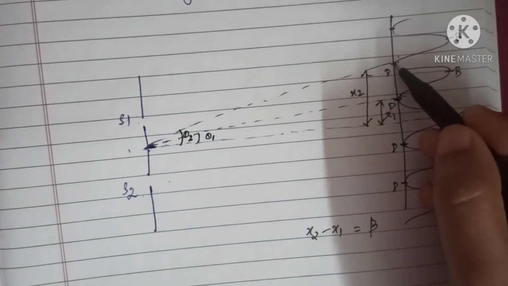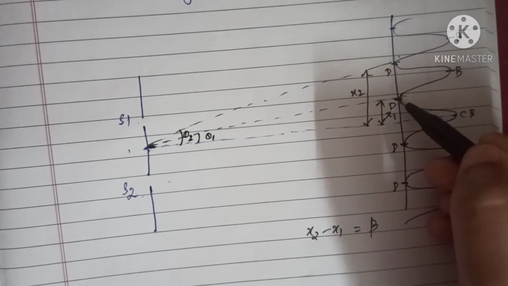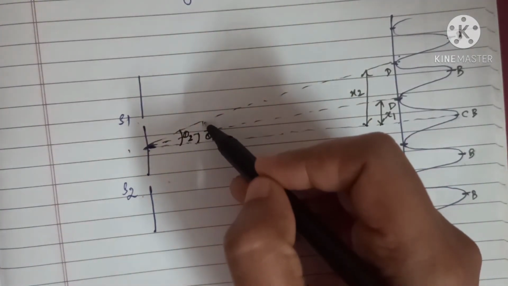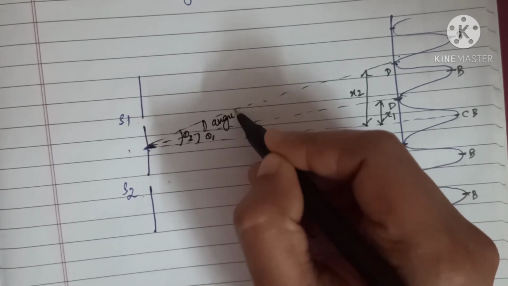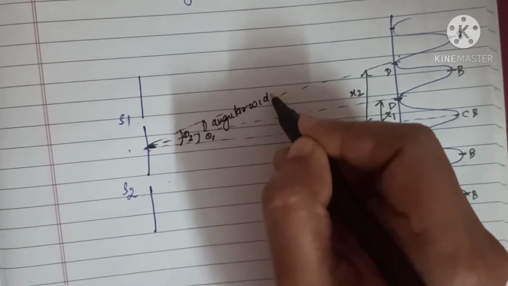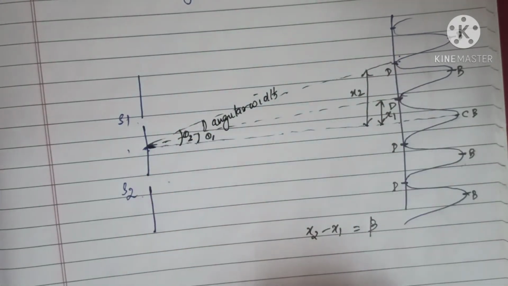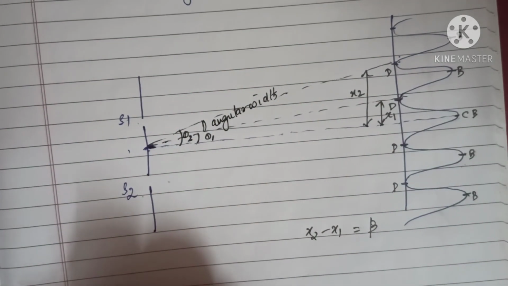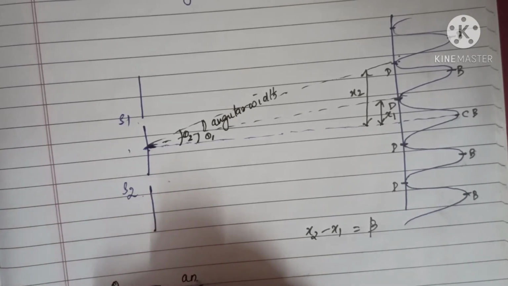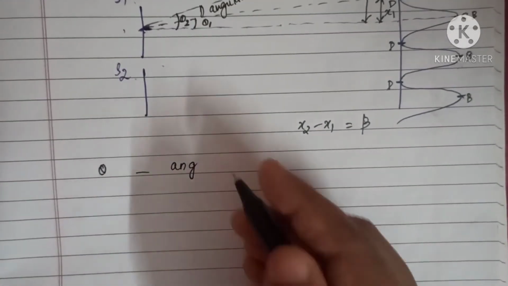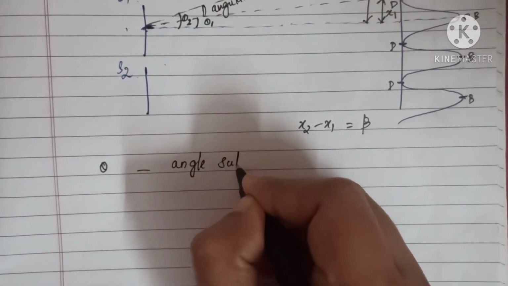This is our second dark, this is first dark. Now this difference is called what? This difference is called the angular width. Clear? So if angular width is taken as theta, it is the angle subtended